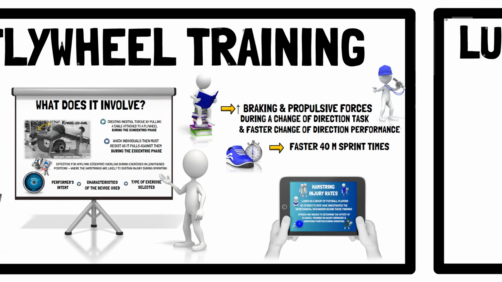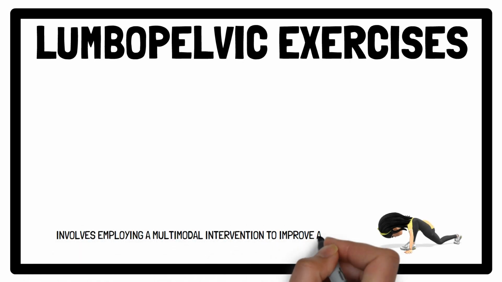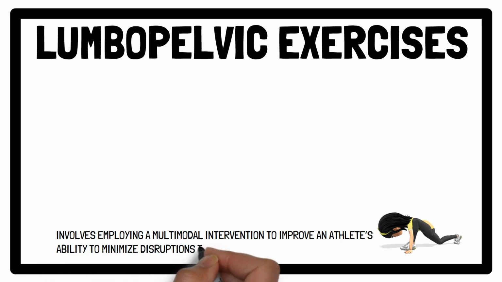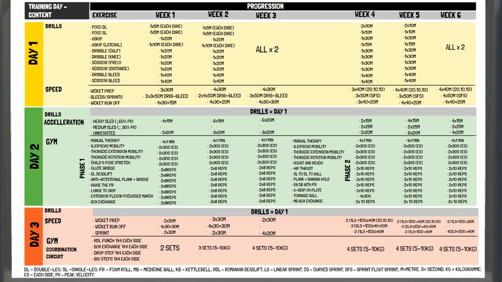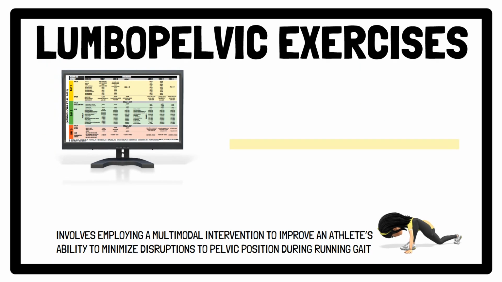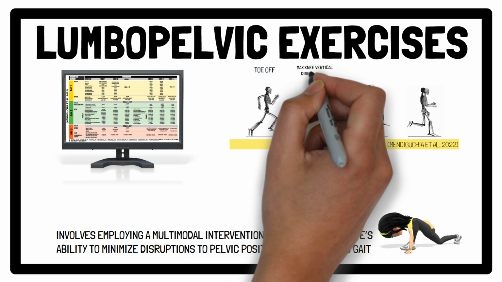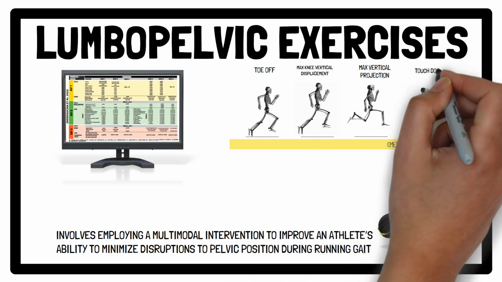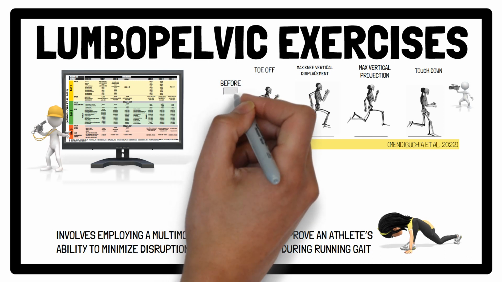Moving on to lumbopelvic training, which involves employing a multimodal intervention to improve an athlete's ability to minimize disruptions to pelvic position during running gait. Here is an example of a multimodal training program from the study by Mendiguchia et al. 2022, which involved 3 weekly sessions integrating coaching, strength and conditioning, and physical therapy approaches, where 7 healthy amateur athletes in the intervention group completed a sprint test with 3-dimensional kinematic measurements performed before and after the 6 weeks of